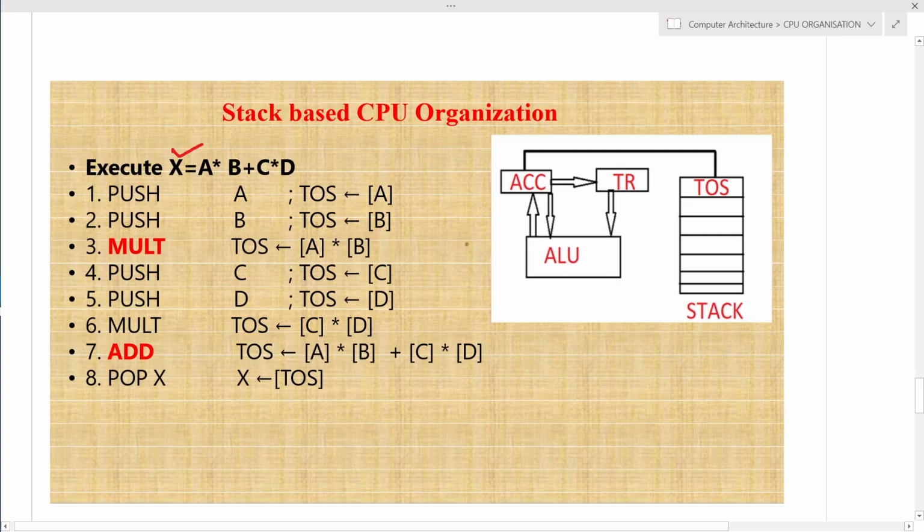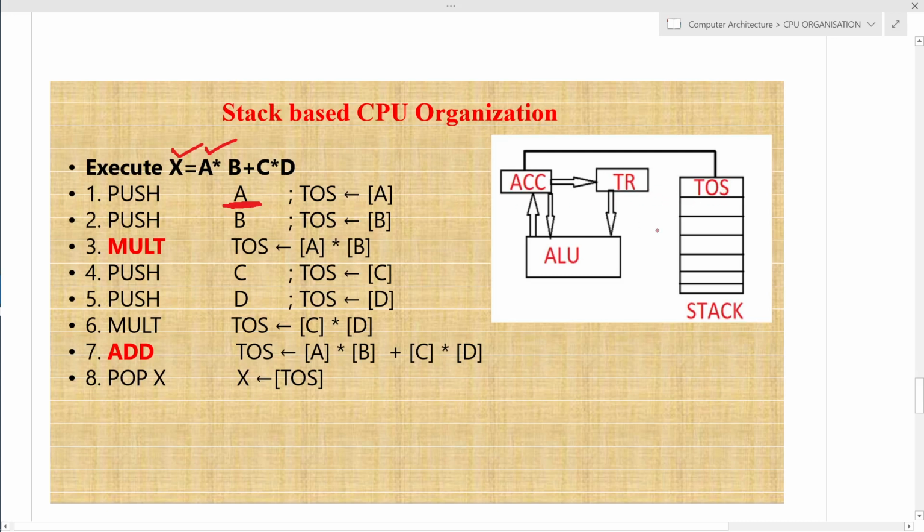In case of stack based CPU organization, we have to use only push and pop on the memory. We cannot perform other operations if it is an ALU based instruction. So for this given example, I have to push A. That means whatever value is kept in location A, I have to push to the stack.